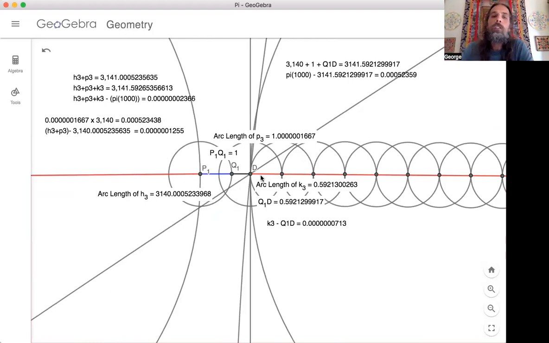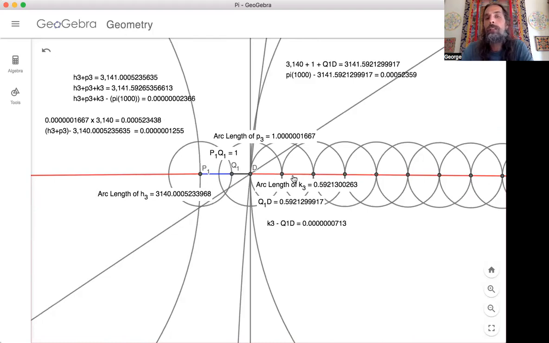So let's say I went around with my arc length here, right? I'm just adding up the values as I walk my way all the way around. That should be when I get all the way from the center point D all the way back to P1, I should come up with 3,141, right? So if I take the value of the arc length measured in GeoGebra, this arc from D